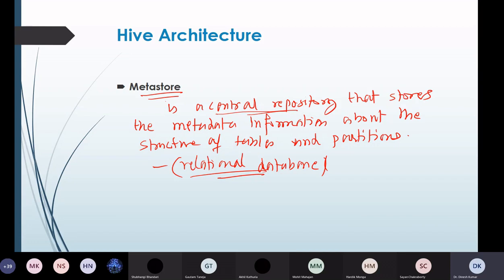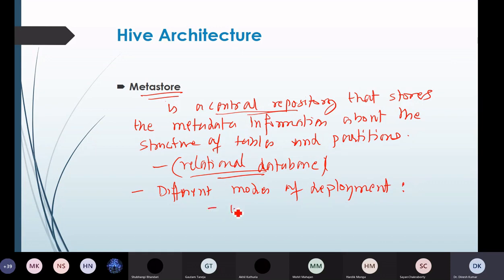Okay? So there are different ways in which we can configure this metastore, or we can say there are different kinds of storage architectures with which we can create a metastore. Right? So there are different modes of deployment for the metastore, right?